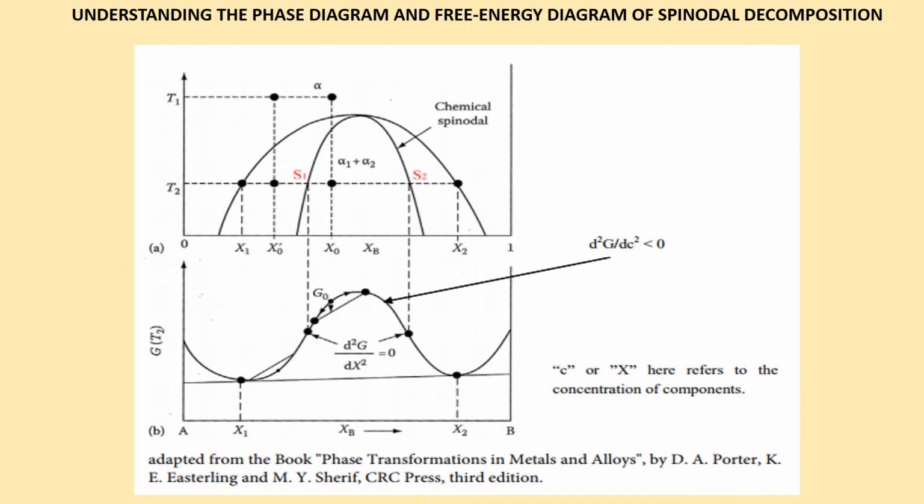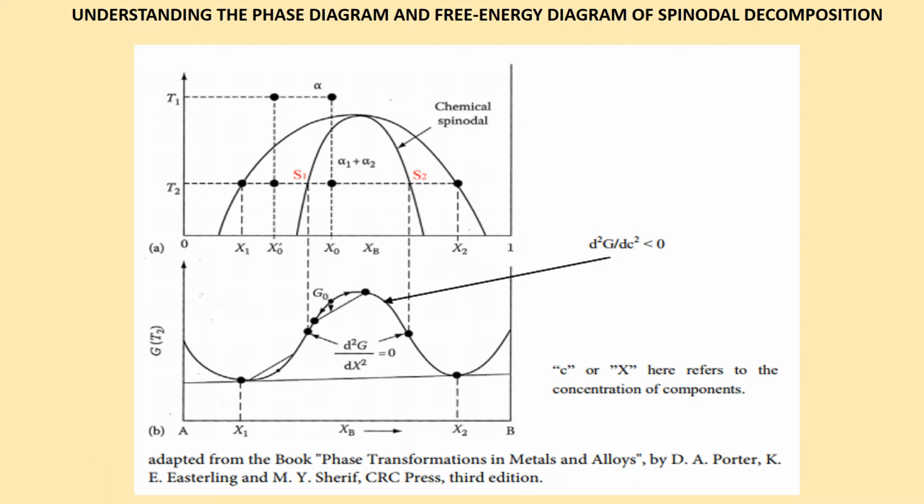In comparison, if an alloy outside the spinodal, that is depicted here with the composition of X0 prime, is solution treated at a high temperature T1 and then quenched to a lower temperature T2, small variations in composition lead to an increase in free energy and the alloy is therefore metastable. The free energy of the system can only be decreased in this case if nuclei are formed with a composition very different from the matrix. Therefore, outside the spinodal, the nucleation and growth process takes place and transformation of alpha to another single phase happens. Equilibrium phase compositions are those corresponding to the free energy minima in this